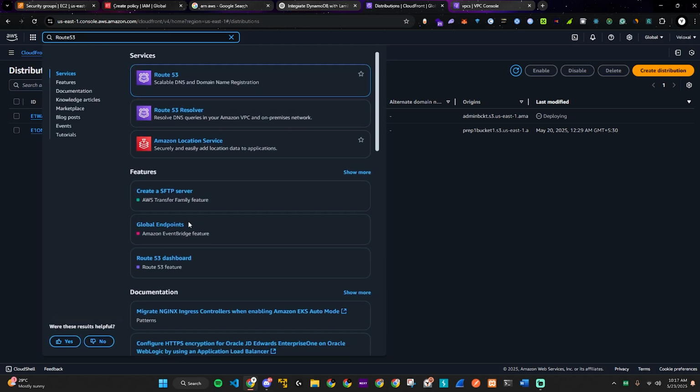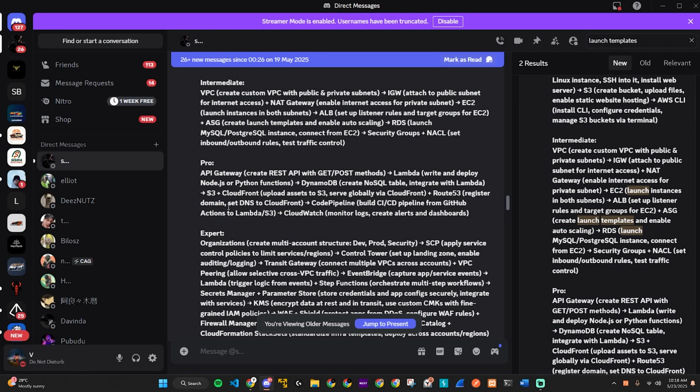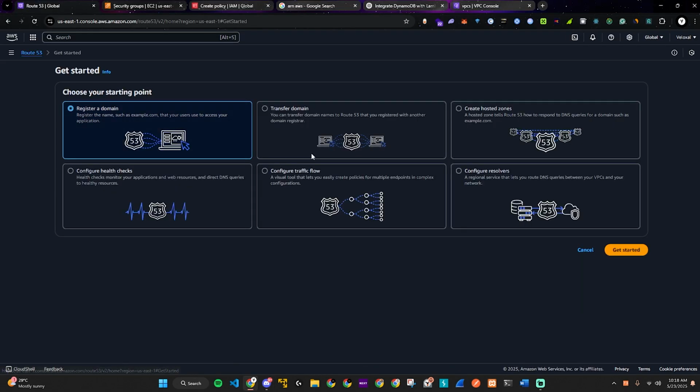Let's go on Route 53. Let's go to Route 53, register domain. So for that, you need to buy a domain, but for now, I'm just gonna skip that. Set DNS to CloudFront, so that way people can access the URL, and then through the URL, they can access what the content is. So you can give it a certain domain, things like that. So